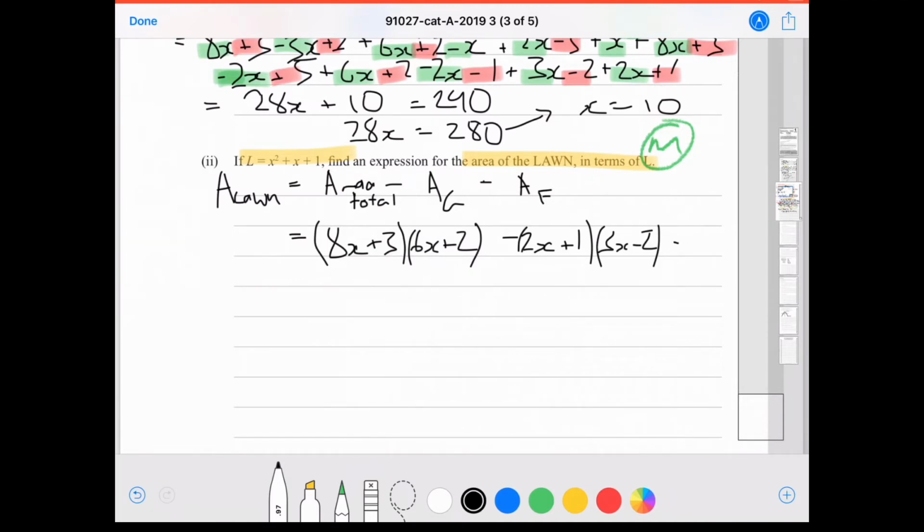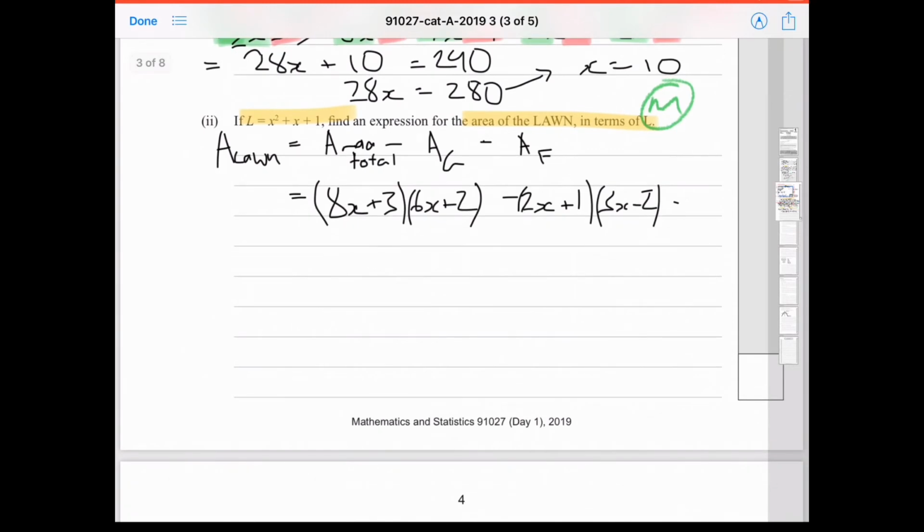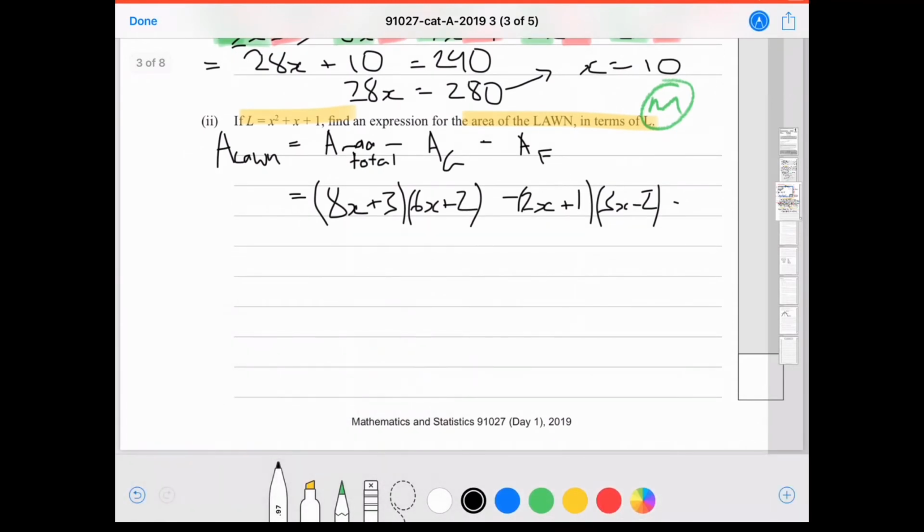And area of the flowers, one more, is 2x minus 5 and x for the length, for the width. 2x minus 5, and I'm just running out of room here, 2x minus 5 and x. Okay,